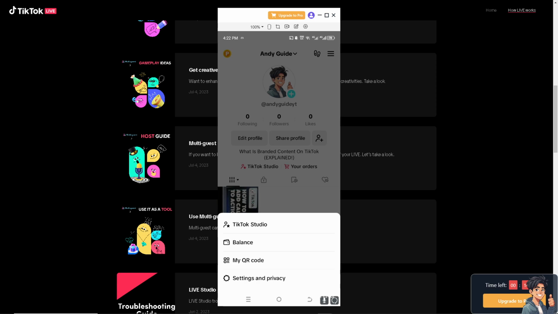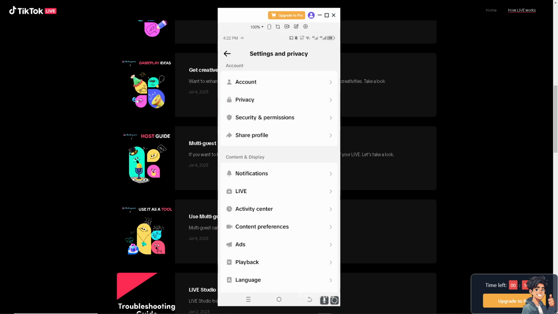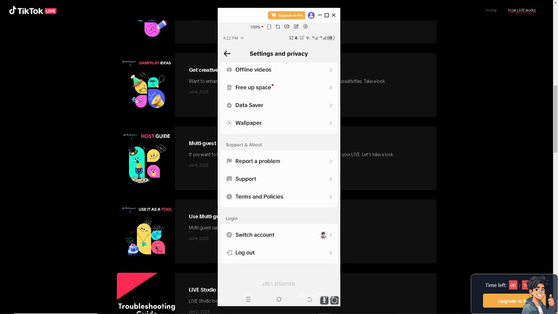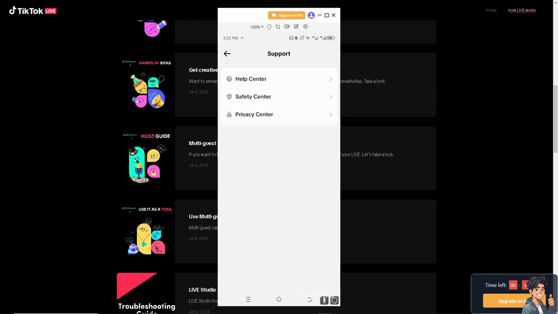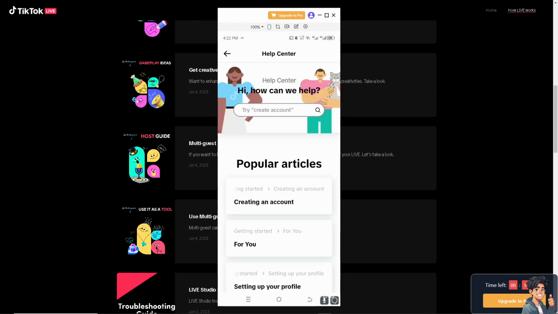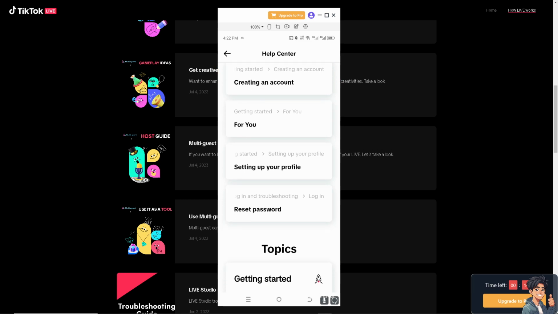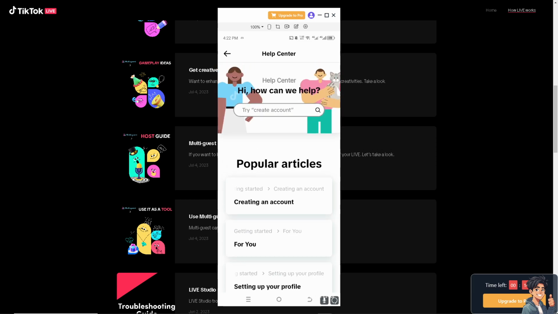But the thing is, if you have 1,000 followers and you can't find the creator tools, you might want to go to the settings and privacy and click on support and go to the help center. And of course, from here, you can search for the TikTok Live subscription shooting guidelines. Now, go back,